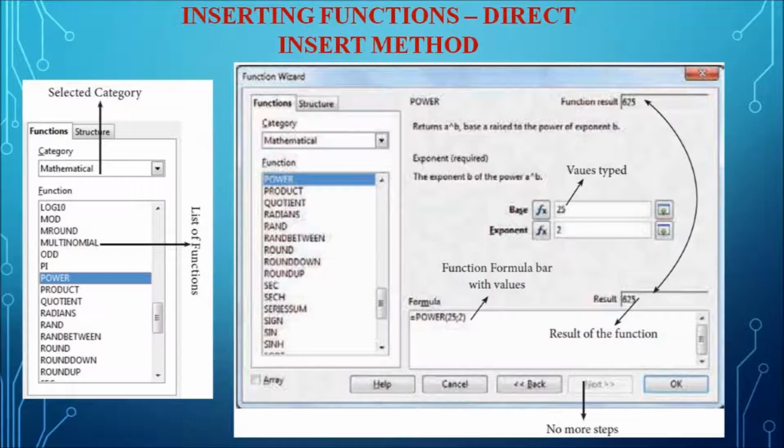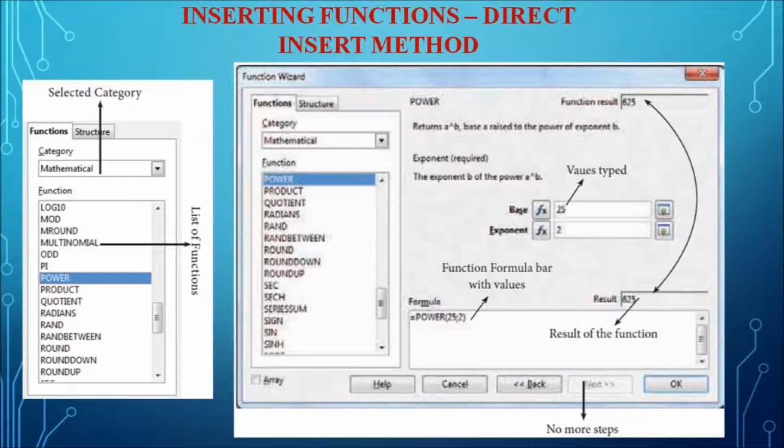And each function has a unique argument list. It is not compulsory that all functions will have the same arguments. Each and every function will have a unique argument list. And the fourth one is press the Enter key after typing the function.